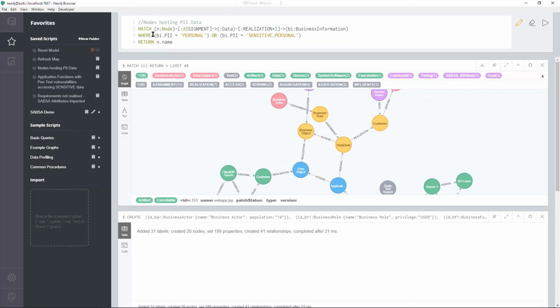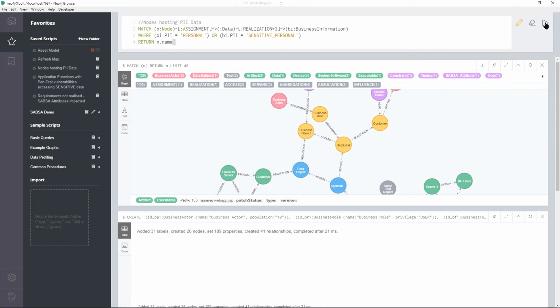So we can write a simple query that says: match a node that's assigned to data, that's the artifact on the object, that realizes through the two logical and business layers to a piece of business information where the personally identifiable information property is either personal or sensitive personal.